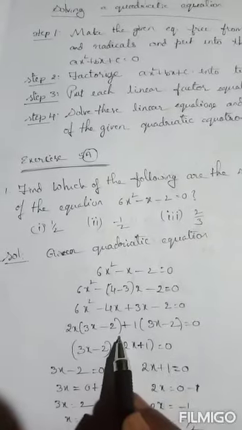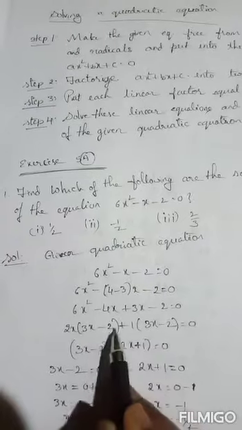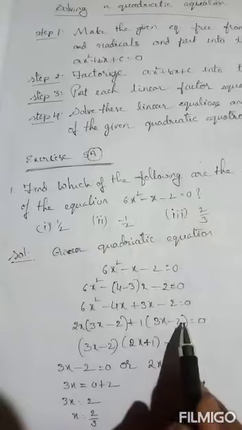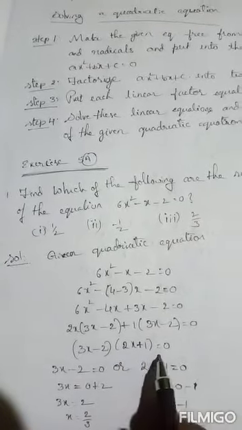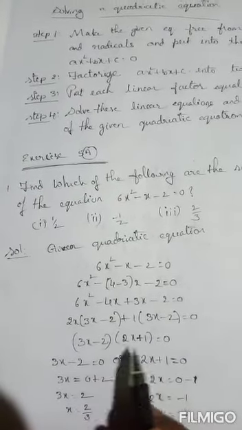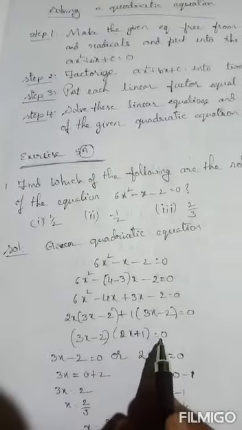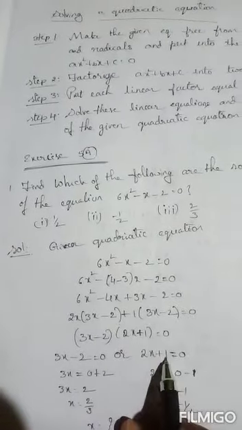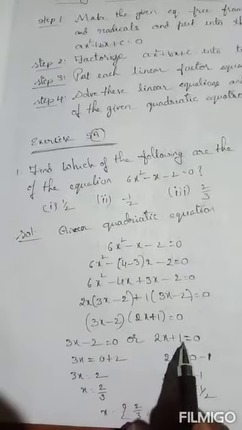Now the common factor of both parts is 3x − 2. Taking 3x − 2 out, 2x is left and the last 1 is left. So (3x − 2)(2x + 1) = 0. According to the zero product rule, either the first factor is 0 or the next factor is 0. That is, 3x − 2 = 0 or 2x + 1 = 0.